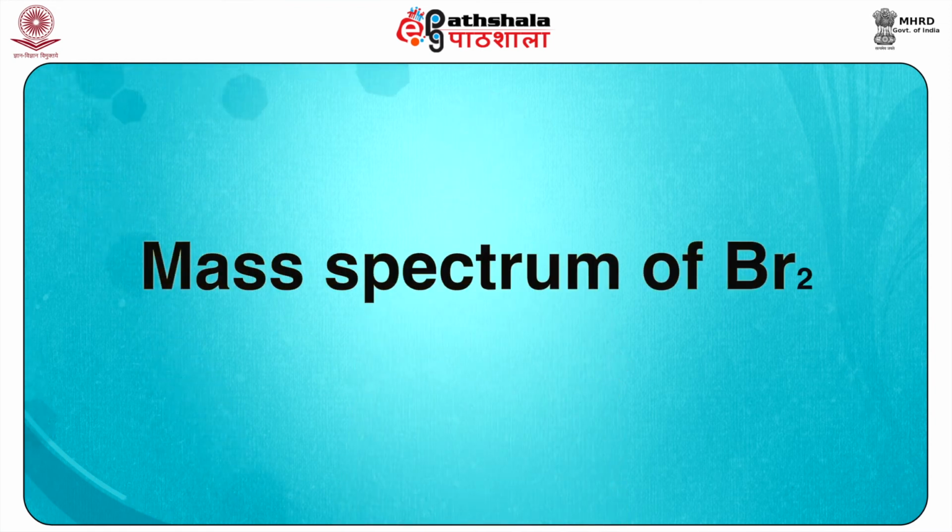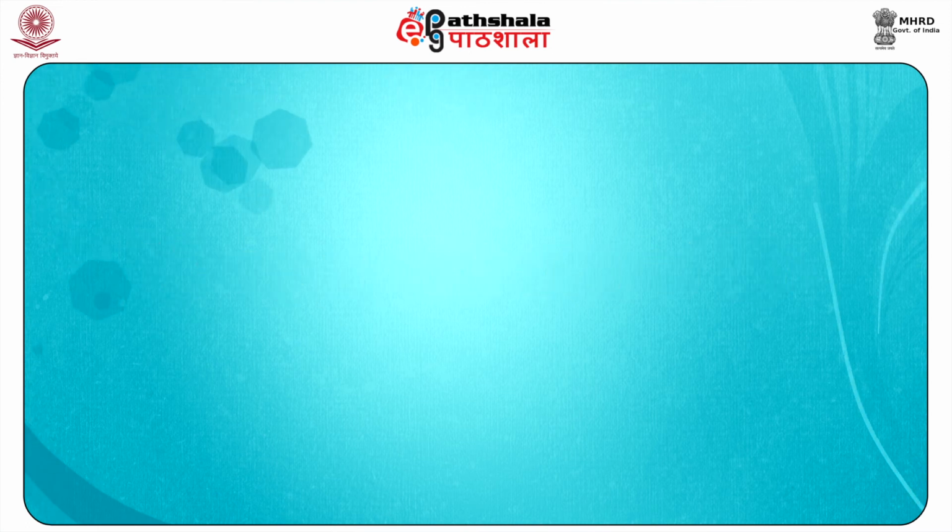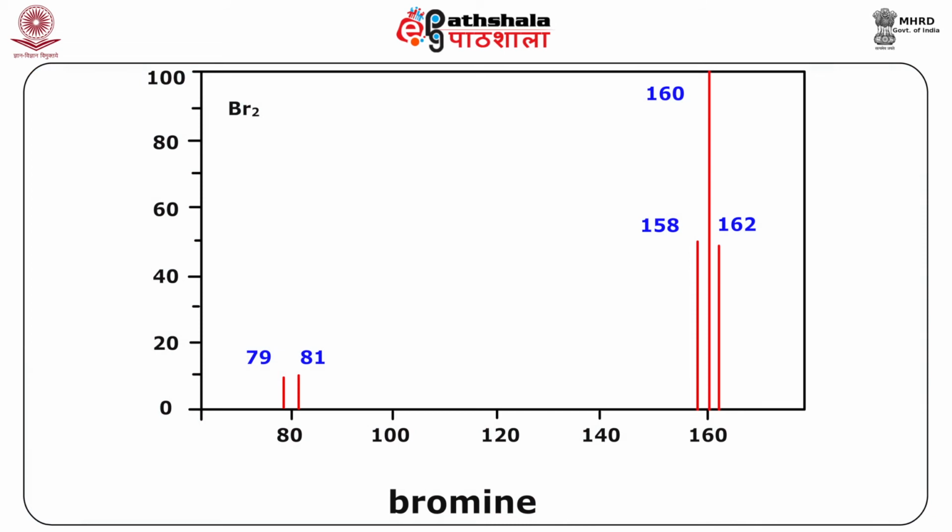Now let us consider the mass spectrum of Br2, that is bromine. It contains 5 peaks and has a nearly 50-50 mixture of isotopes having atomic masses of 79 and 81 atomic mass units respectively. Thus, the bromine molecule may be composed of 2 bromine-79 atoms, so the mass is 2 into 79, equal to 158 AMU. For 2 bromine-81 atoms, the mass will be 2 into 81, equal to 162 AMU,